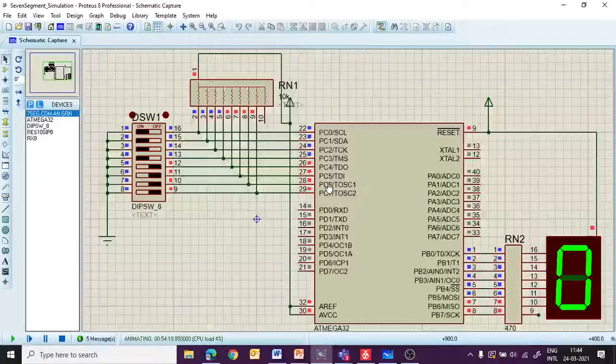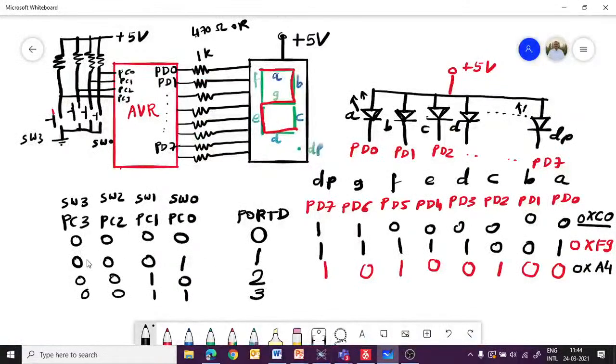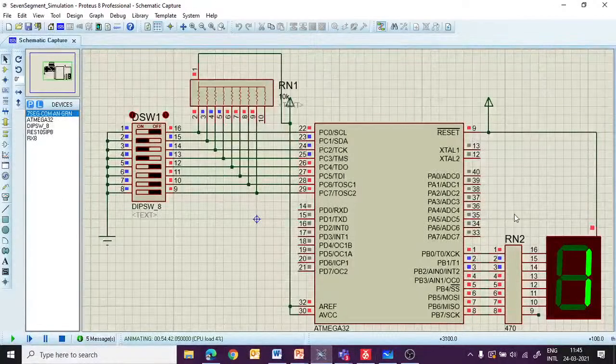So if I simulate this program, I will make this initially off. As you can see, whenever I am making this off, the corresponding PC0 is becoming red. So PC0 is becoming 1. So now the combination is 0, 0, 0, 1. That is our first combination which was shown here. So this combination we are getting, 0001, and the corresponding hexadecimal code generated will be 0xF9, and that 0xF9 will be transferred to the 7-segment display. As you can see here, this is F9, this is F, and this is 1001, so this is 9. It is transferred to the 7-segment display, and the 7-segment display is displaying 1 here.